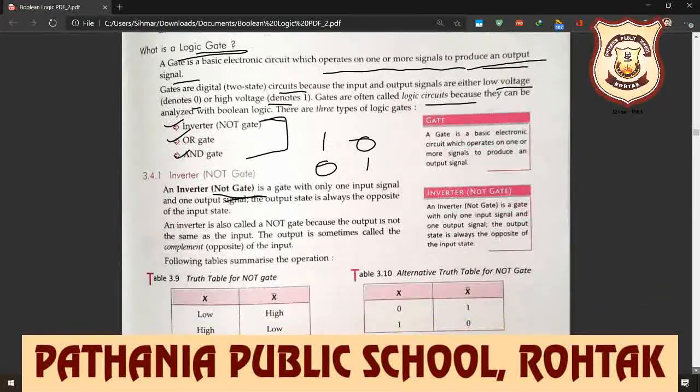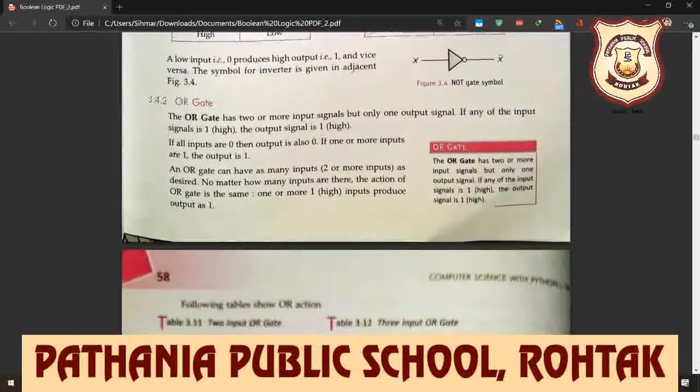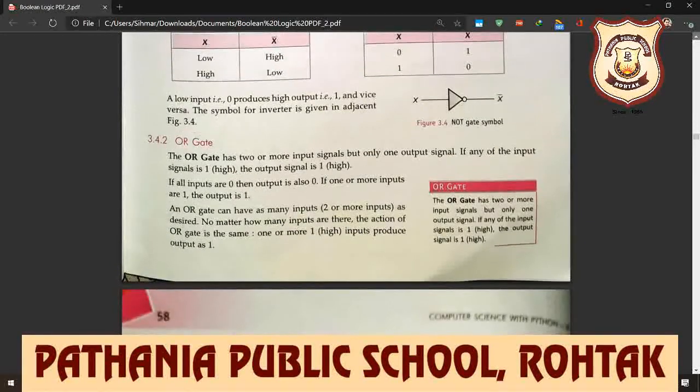So here first we learn how to draw the NOT gate. For example, we input x single value here, and this is the gate. How can you draw it? Just you can draw a single line. After that you can draw this, and you can write here with this.